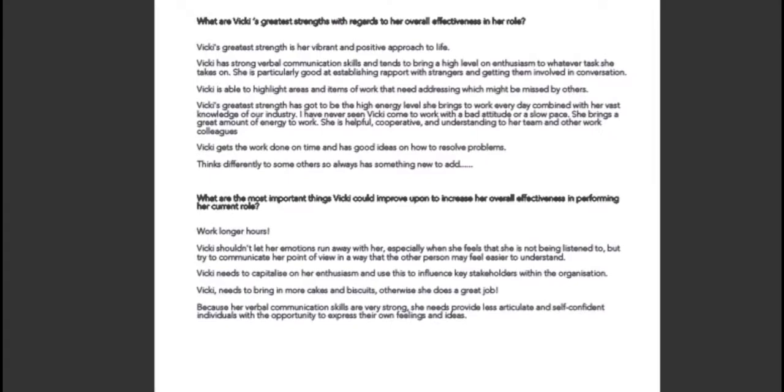Ask the candidate to firstly read through the first section, what are Vicky's greatest strengths? Ask the candidate to note where they agree with the comment and also the comments that they may disagree with and the ones that have the most impact on them. Using these pointers, review with the candidate to achieve a good understanding of agreed areas of strength and potential areas for change. Repeat this process with the next section, what are the most important things Vicky could improve to increase her effectiveness?